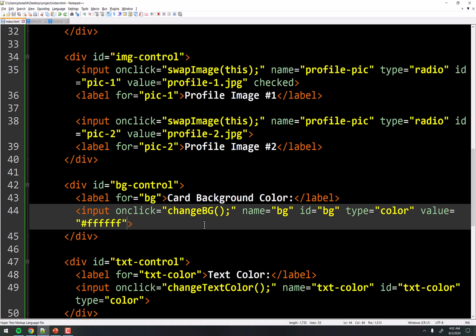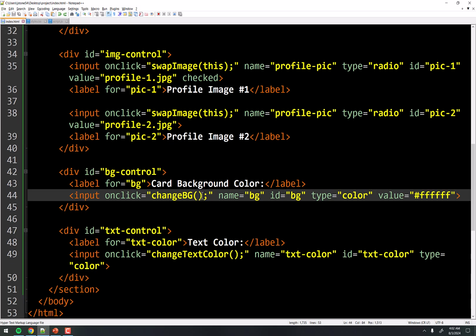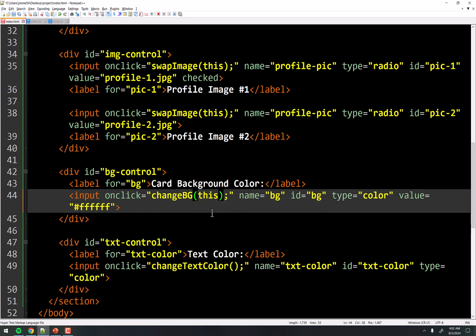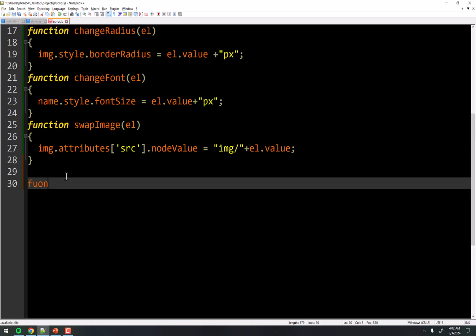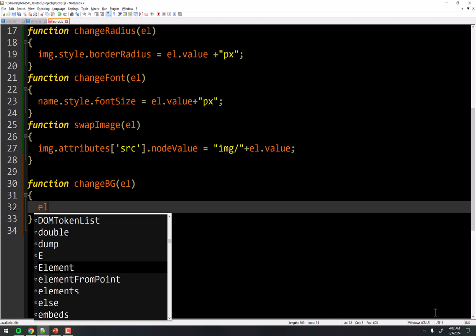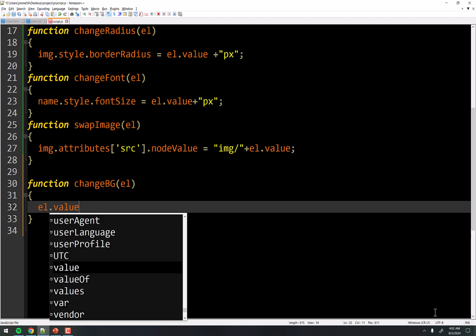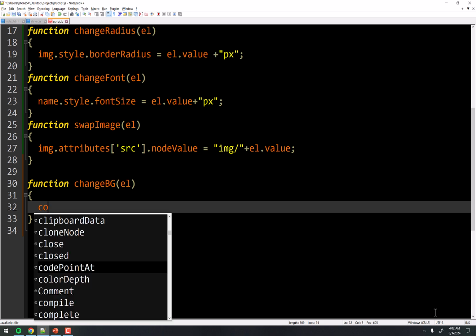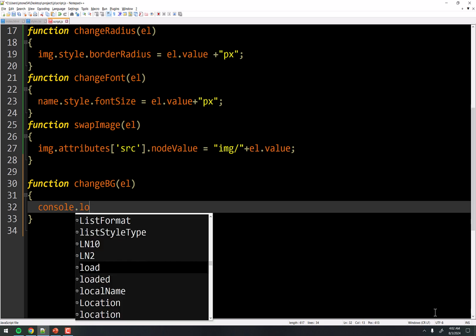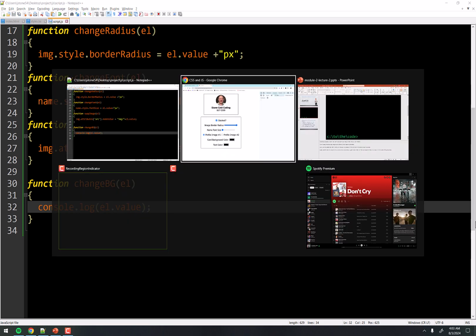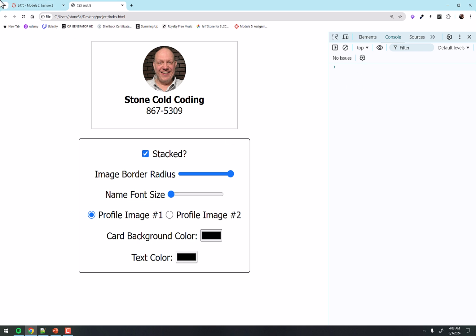So let's start so I can show you the weird behavior first. Let's change the background. We're going to pass in this so that I have the object. It's going to pass this whole object into this function as a parameter, and that'll give me access to the value. So let's start there. Come over here, function. Why not? We'll do element. So what are we looking for? Well, element.value is going to be some color, right? Let's just prove that. Console is what I meant to say. Console.log element.value. And you might be able to sort of see what's going to be the issue with this.